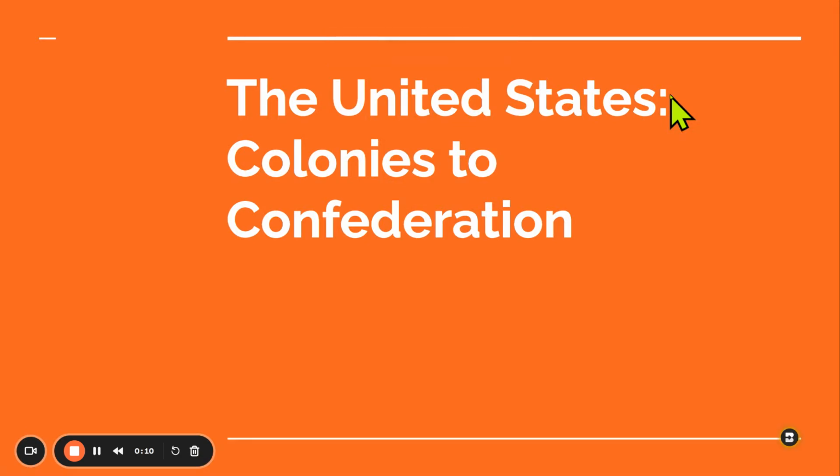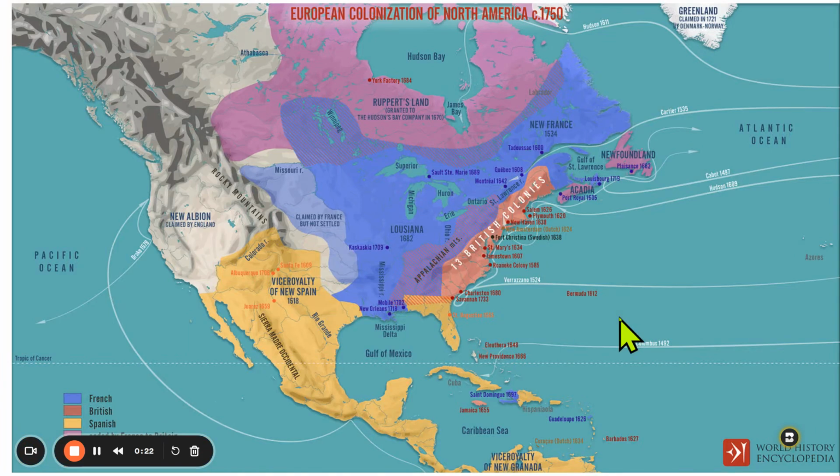Another way to think about what we're learning is we're going to be following the birth of the United States from colonies to the Articles of Confederation. And to help some of the things on the next slide make more sense, we're going to start with a map